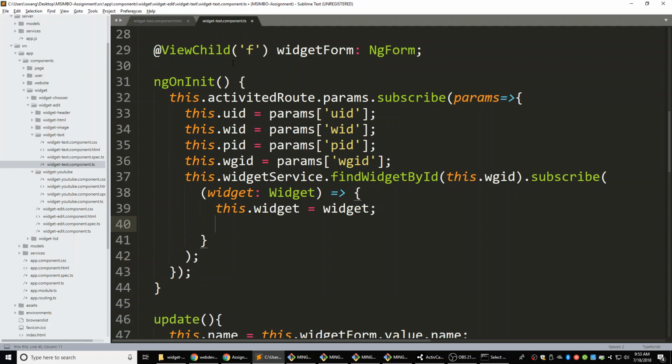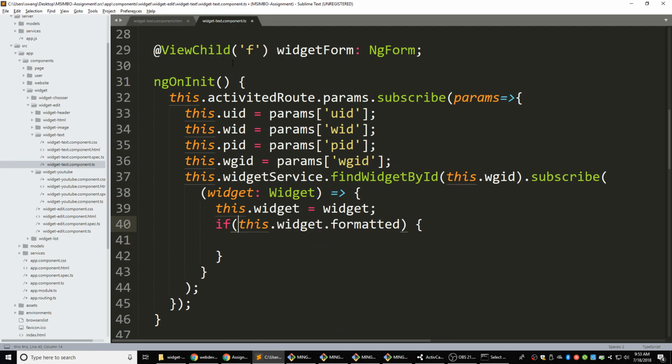Let's add an if here. Let's see, if the widget's formatted is equal to false, then we want to set up